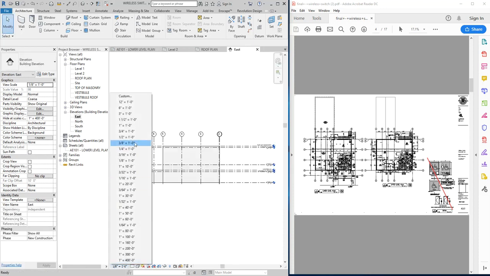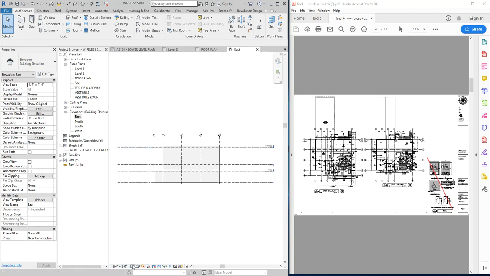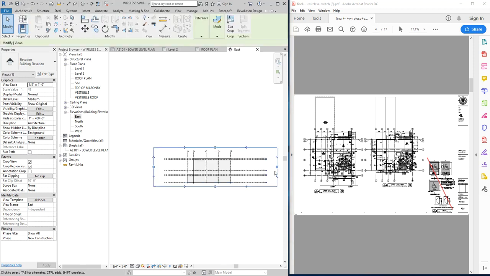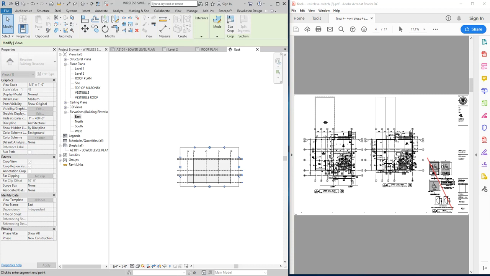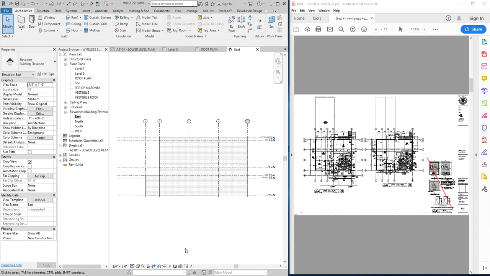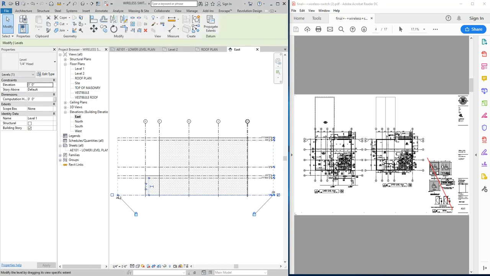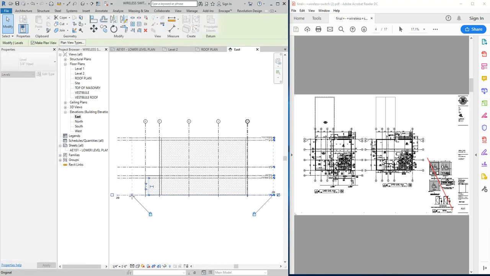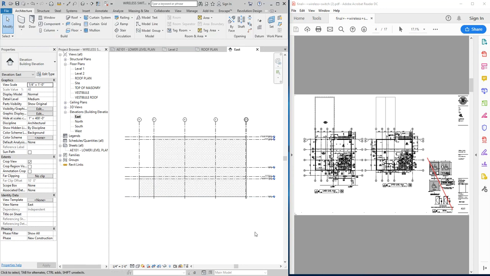Do all these things again. And again, doing this first just helps things run a little smoother. Crop it, turn my crop region on, drag it in. Looks wonderful, nice, neat drawings. Ooh, I wish those were in just a tiny bit more, right? So I drag it in just a little bit more. It's pretty good. South,